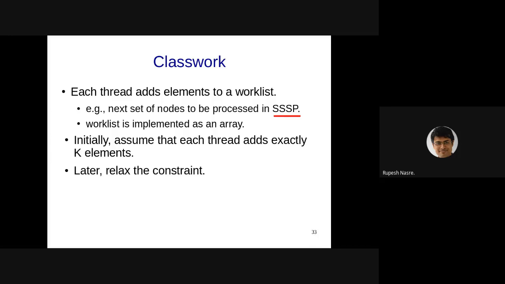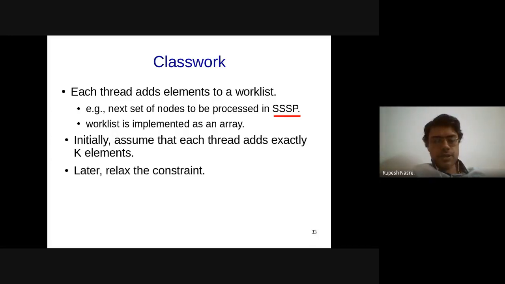Okay, so Sanket is saying that he needs more explanation about the question. So the question is that there is an array, assume that it is empty, right? And there are some number of threads running, some number of thread blocks, some number of warps, etc. And all of them want to push k elements in any arbitrary order to this shared array. Shared meaning it's in the global memory, CUDA malloc memory. How should they synchronize with each other? That is the question that we are discussing. Does that seem reasonable, Sanket? Anything that is not understood? Okay.